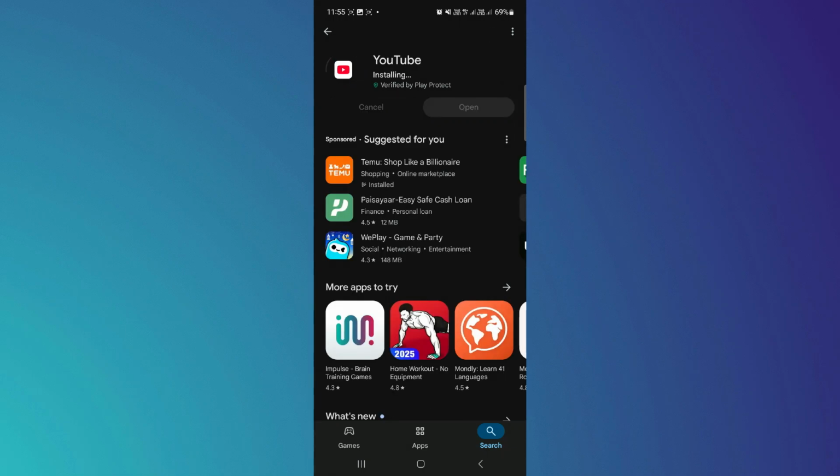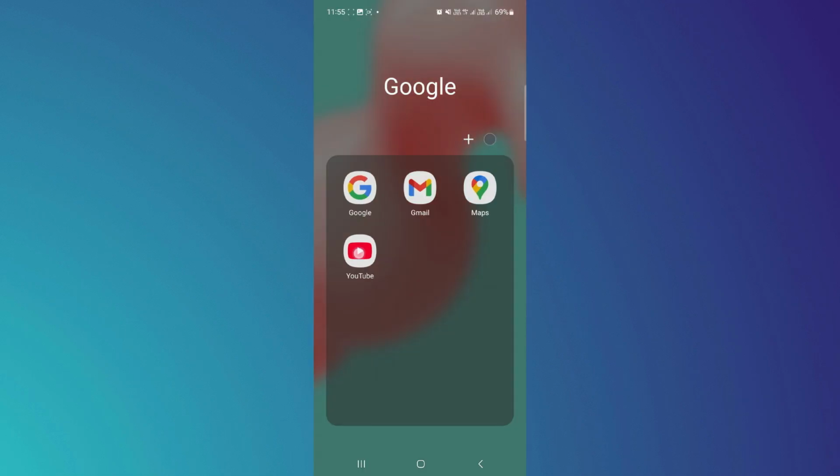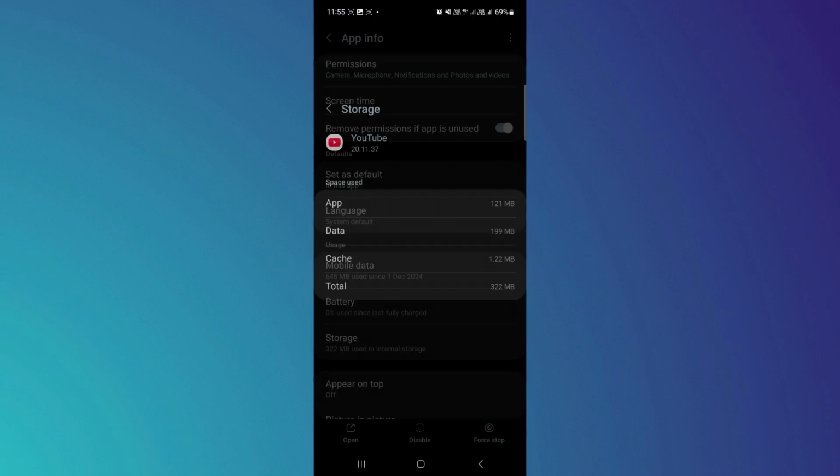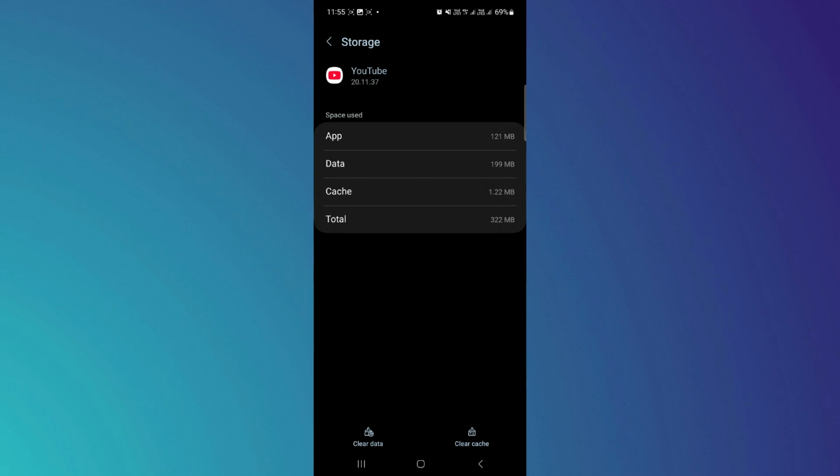Now, try clearing the cache and cookies of the YouTube application. For that, long press on the YouTube app, tap the eye icon, then select Storage. Now, tap Clear Cache. You can even clear all the data, but this will delete all the app's data, including